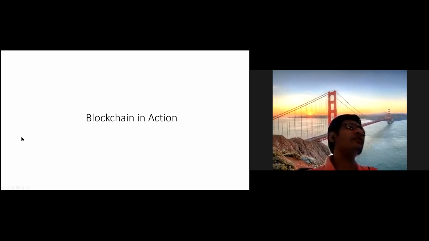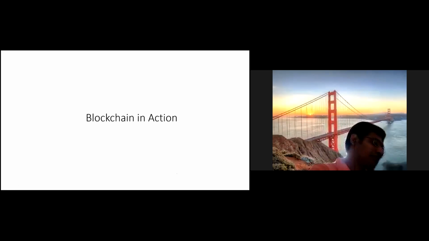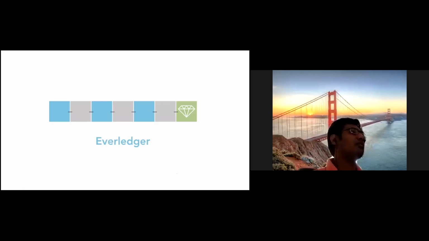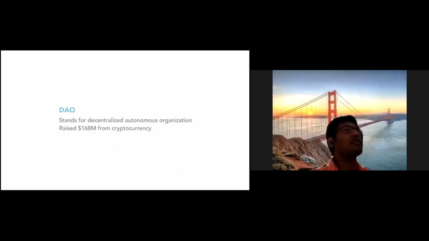Perfect. Now there are tons of applications and case studies. I have created a dedicated document for them too, so I'll try to give it to you after this session, if you are interested in learning about the use cases and case studies of blockchain. A couple of them we are going to discuss here. One of the most popular is Everledger. You can Google it. This is a ledger used for diamond storing. For diamond storing, they use a blockchain called Everledger, right? One of the venture funds uses an application called DAO.